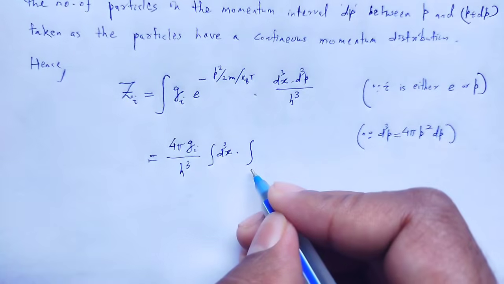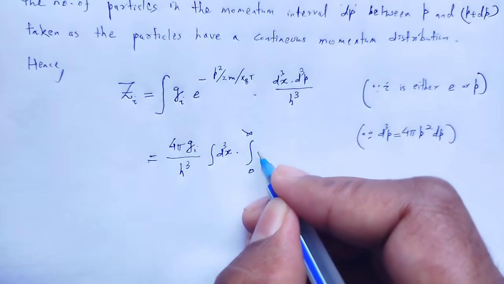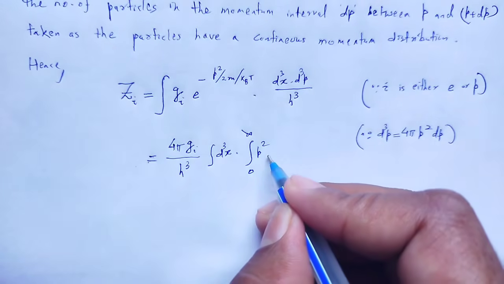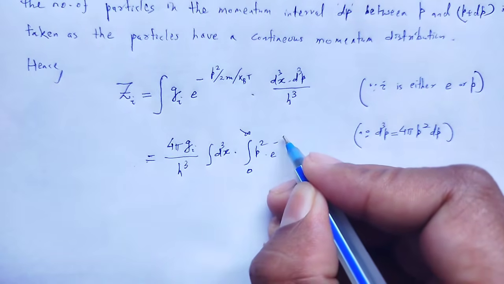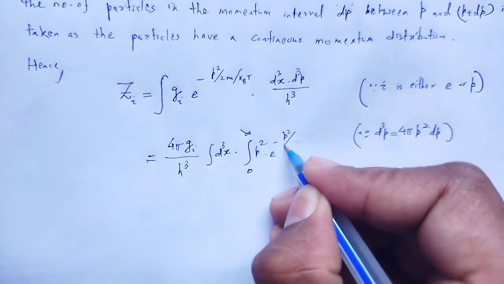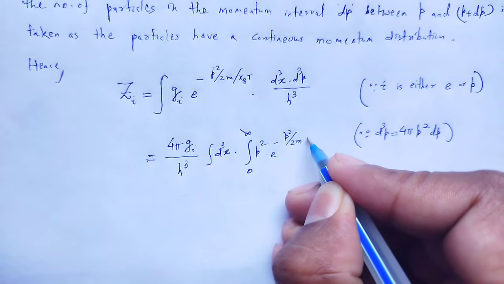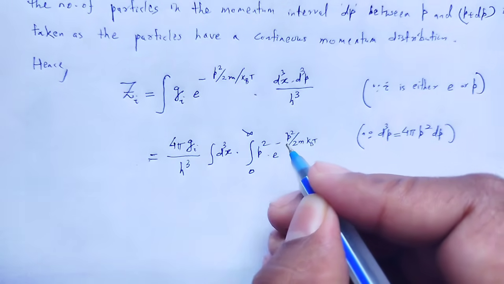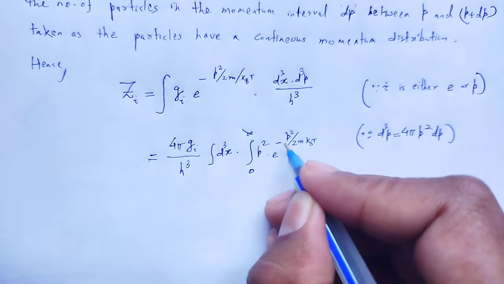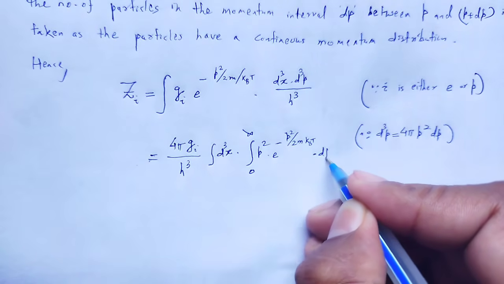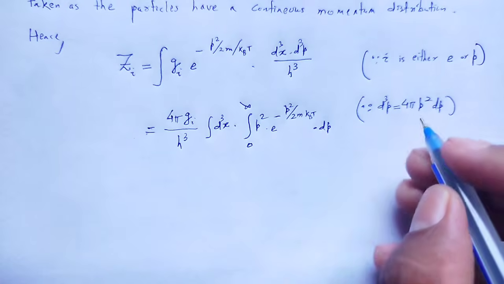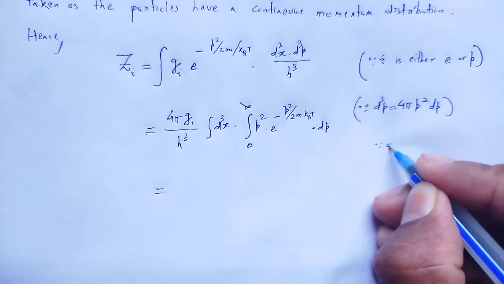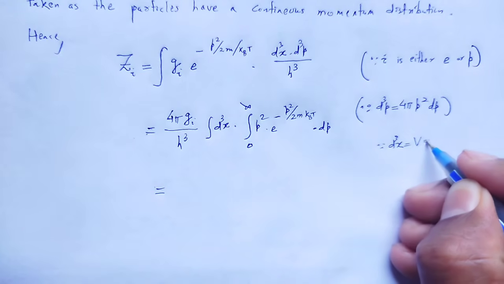Next momentum from 0 to infinity, p square into e to the power minus p square divided by 2m kBT into dp. As we say, dqx is equal to V, that is the volume,